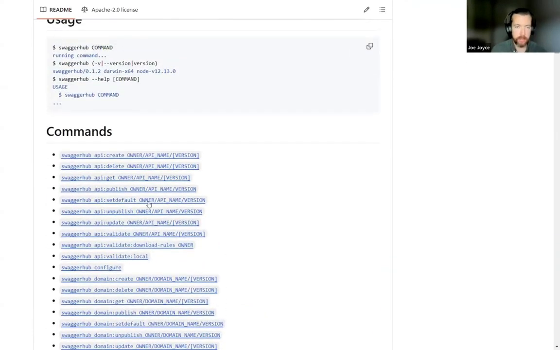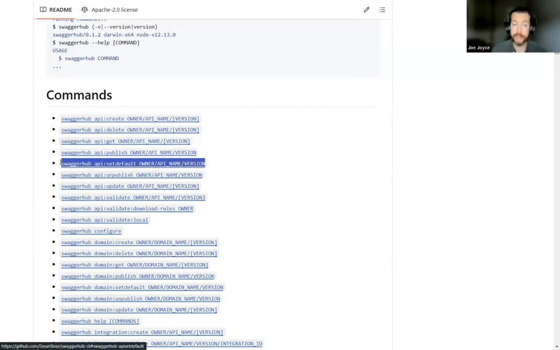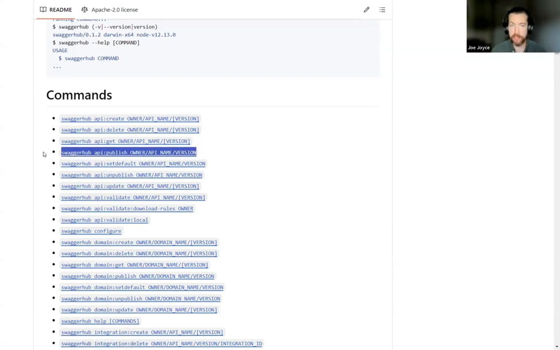And just to give you an example, you can use the CLI to create a new version of an API with a spec file that you attach in the payload. You can use it to retrieve information from SwaggerHub. So if you need to find what's the default version of a particular API, or you want to maybe set a version to the default version, or publishing and unpublishing, these are 2 that I see and suggest teams use in their workflows a lot,